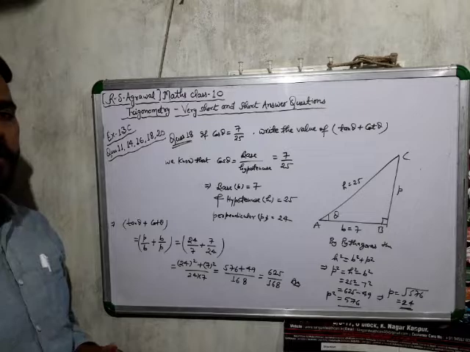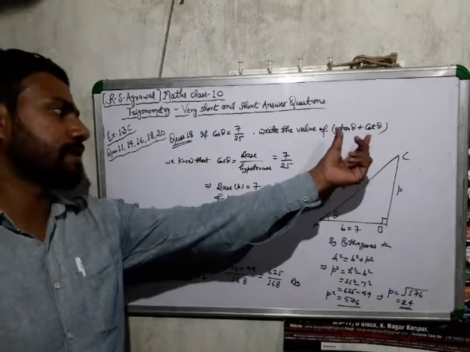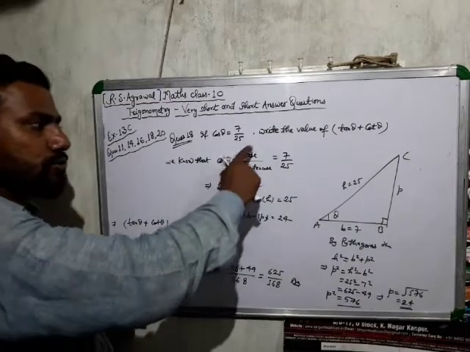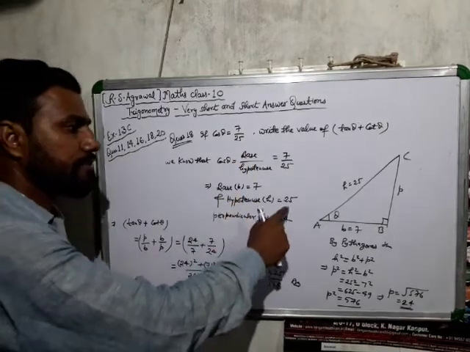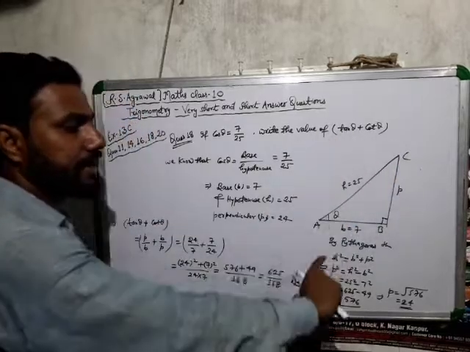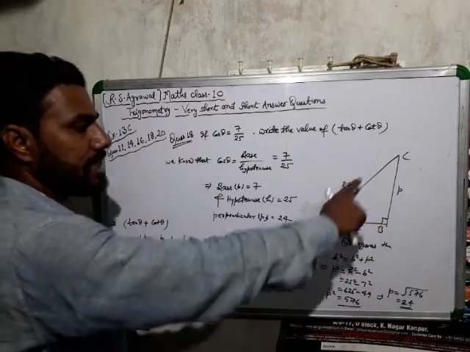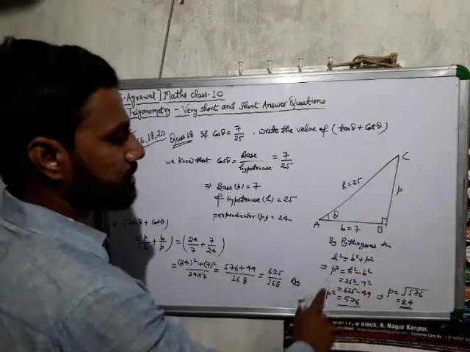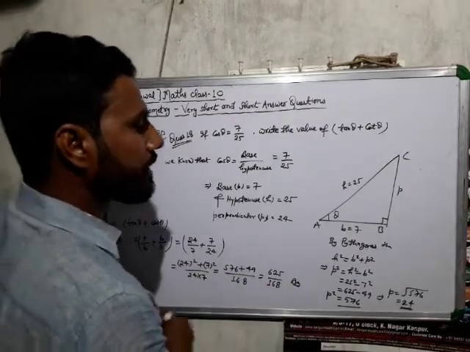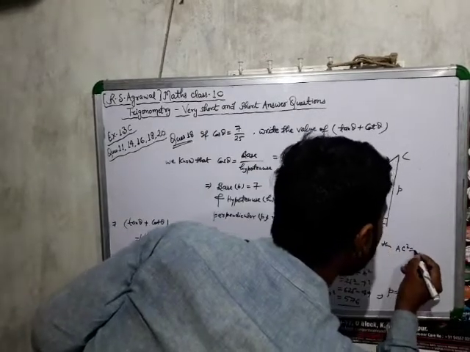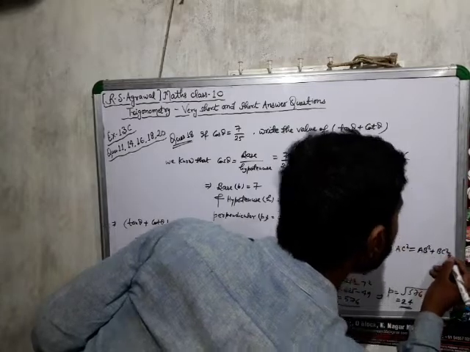Clear? In question number 18, if cos theta is equal to 7 by 25, then find the value of tan theta plus cot theta. We know that cos theta is equal to base by hypotenuse, which is 7 by 25. Given that, this implies base is equal to 7 and hypotenuse is equal to 25. In the right angle triangle, let ABC be a right angle triangle and A is angle theta. Then BC is perpendicular, AB is base and AC is hypotenuse. Then by Pythagoras theorem, hypotenuse square is equal to base square plus perpendicular square. Clear? AC square is equal to AB square plus BC square.